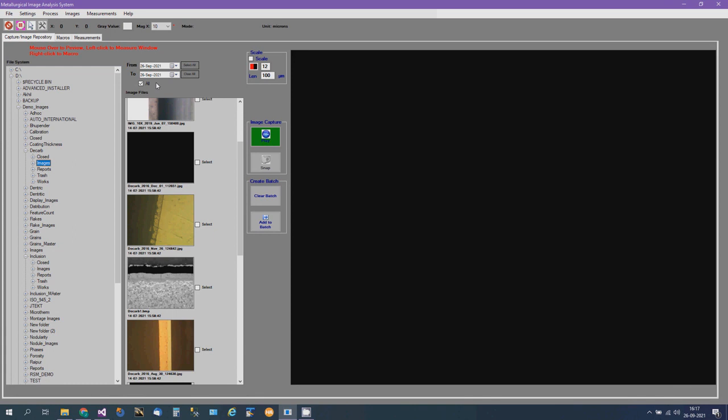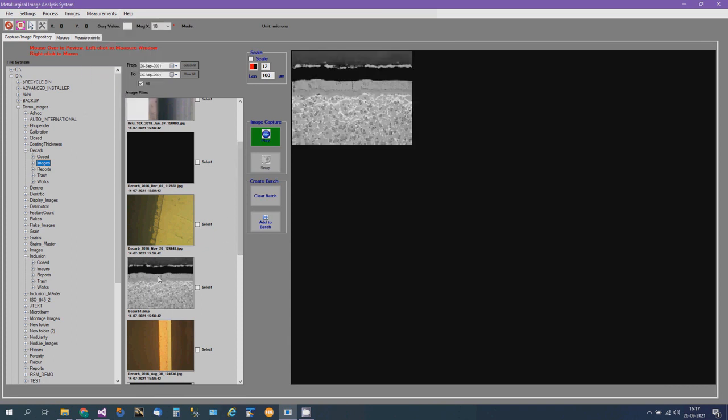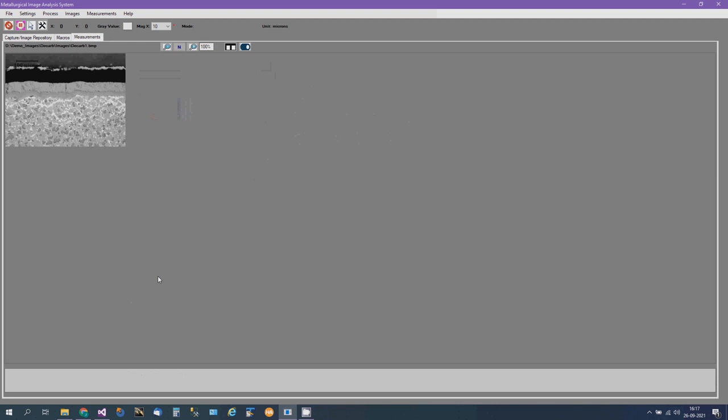In this video, we will cover the decarbonization module. First, we will open an image. You can see here there are some areas where partial decarbonization is done. There are some areas where complete decarbonization is done. Carbon or carbon-based area is shown in the white patches. So complete decarb is where that is missing.